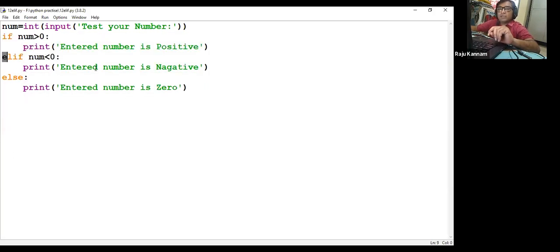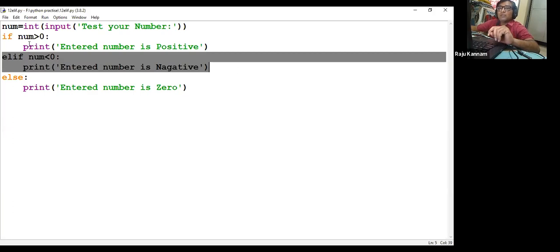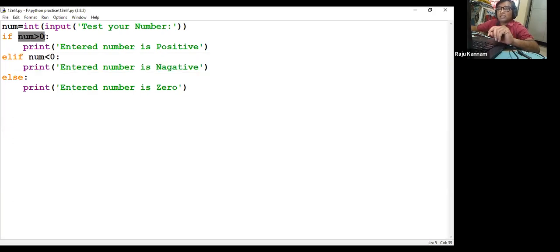If the given first condition is not satisfied, then only the cursor will come here. If this is also not satisfied, it will come here. Okay. So this is about conditional statements in Python.